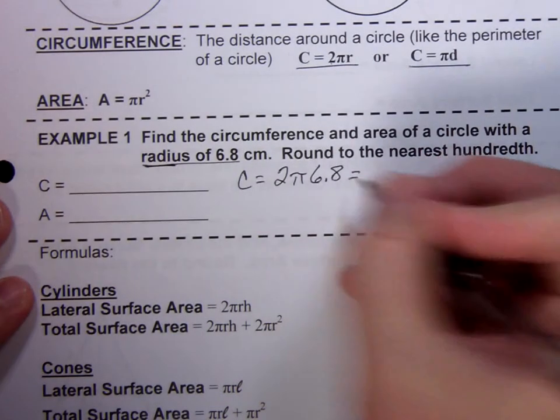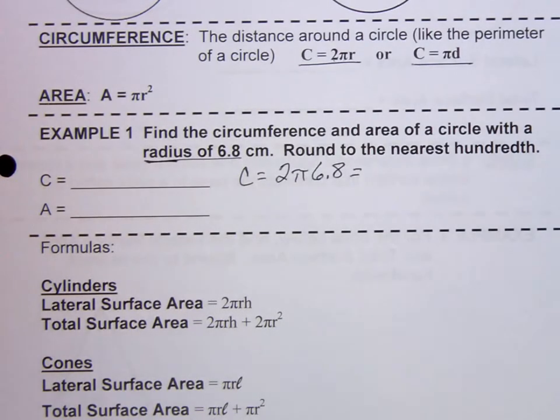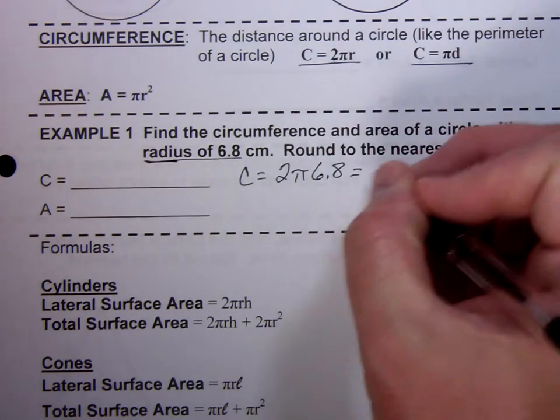Now I'm going to make sure on my calculator I have a pi button, and I'm going to use that instead of 3.14, just because 3.14 is rounded to the nearest hundredth. Pi, the number, really is an irrational number that keeps going forever. And the calculator stores a lot more places, so I get a more accurate answer by using that. So I'm going to put in my calculator 2 times pi times 6.8, and I get